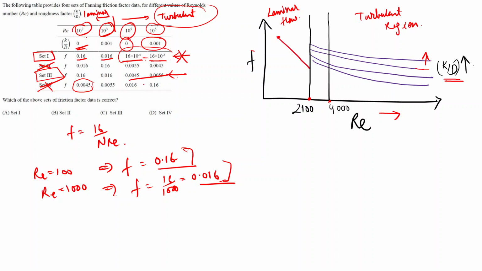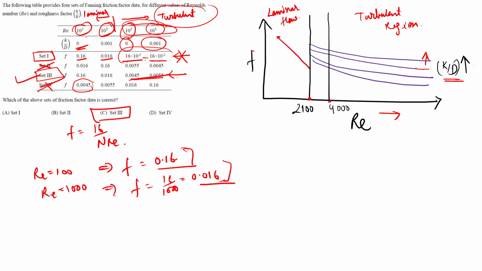Now, if we take a look at set 3, we can see that the friction factor is increasing as we increase the roughness factor from 0 to 0.01 for the same Reynolds number. That is, set 3 is the correct answer. That is, from the given 4 options, set 3 is the correct answer,